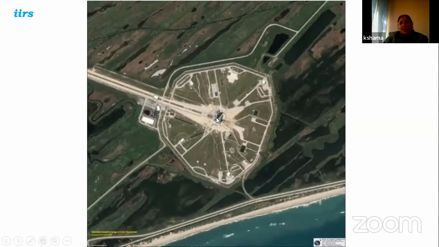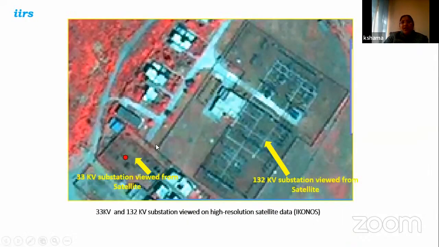Like in this launch pad area, you can see a big vertical structure with a lot of shadow, big shadow. So that is showing that it is a high rise structure. But you are able to see that a large area is devoid of any other development and it is near, associated with the sea coast. So that helps you to identify its characteristics and you can identify the area feature.